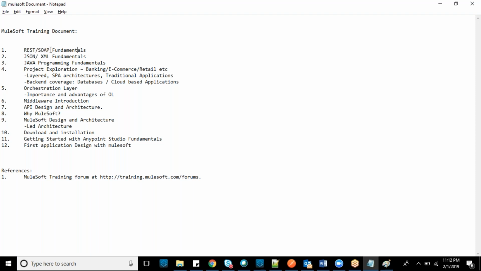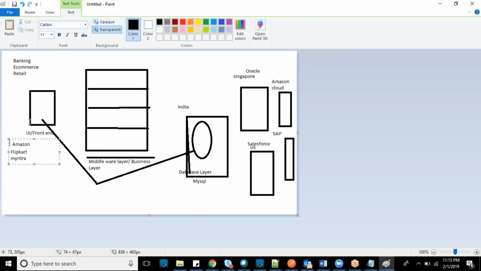That format is nothing but REST. Not only REST, there will be a lot of formats, but for the time being I'm telling you REST. What is REST? REST is one kind of data format which makes it easy to transform data from our programming language to the databases, and to get data from the databases to the user-convenient UX. So the system can understand it easily.